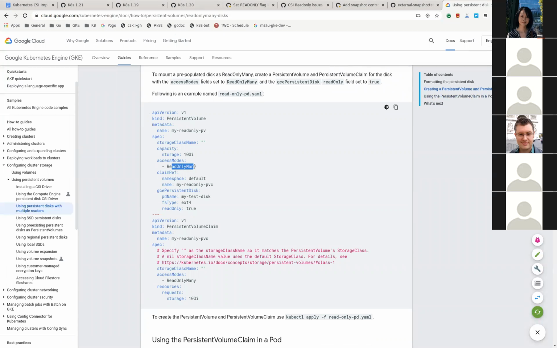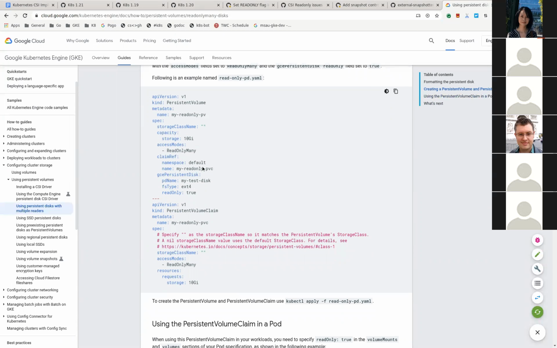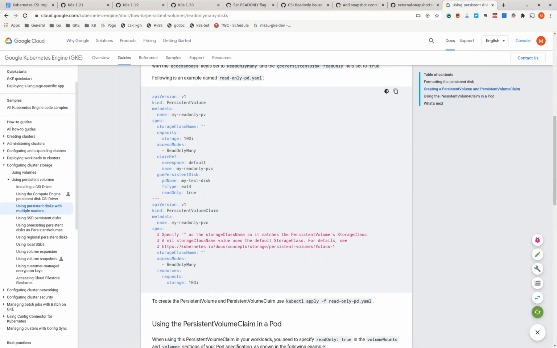But there are use cases where you want it to be read-only for the pod, but you still want it to be writable at the node level. If you have a corrupted journal, you can't even mount the file system unless you have write access, because you have to replay the journal. An unclean dismount requires write access just to do the mount, even if you only want to give read-only access to the pod. Similarly, if you want to be able to resize, you need to have writable volumes. Of course, resizing a read-only volume is a weird thing to do, but it does matter, and you have to think through those.